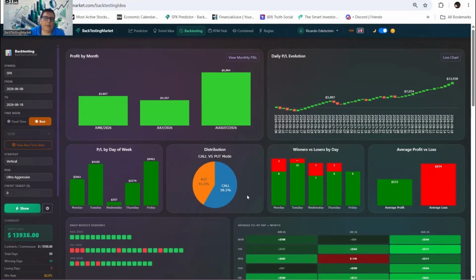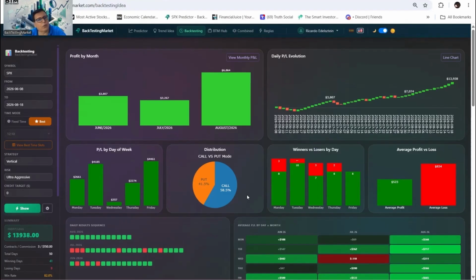goes bad in some days. You can have a bad day and a drawdown is going to come that day. So if you're planning to put two positions or three positions, and if you have a credit of $150, the risk that you are taking is 350. So if you multiply 350 times three, you are losing $1,050. So you have to be